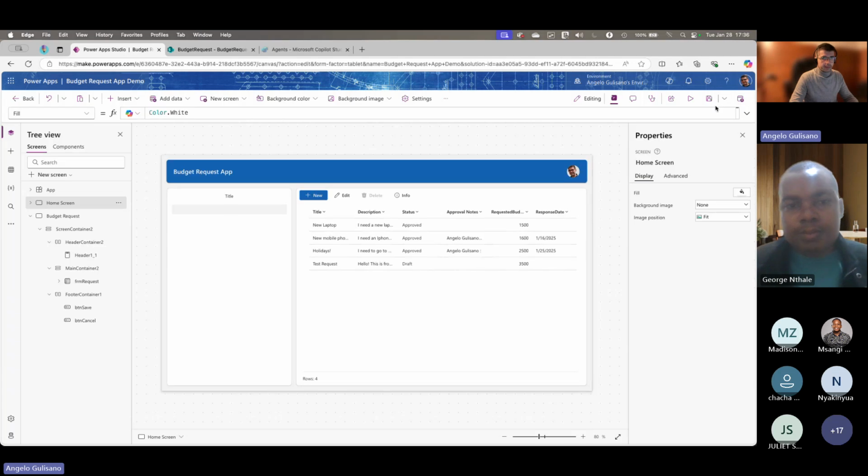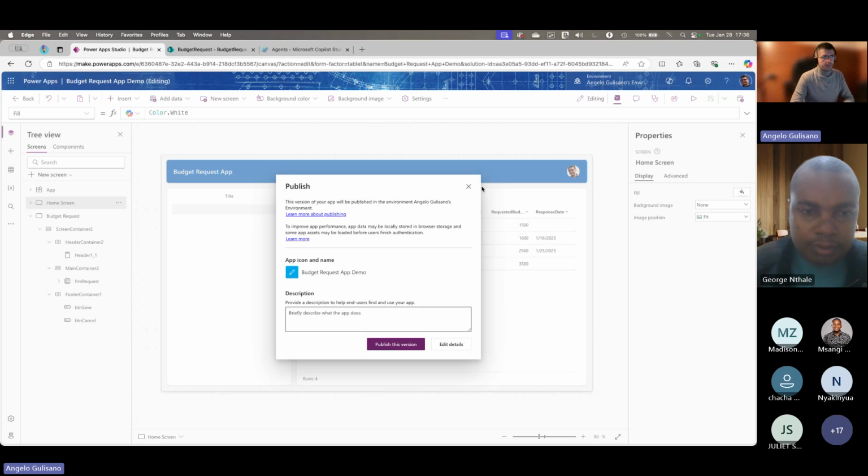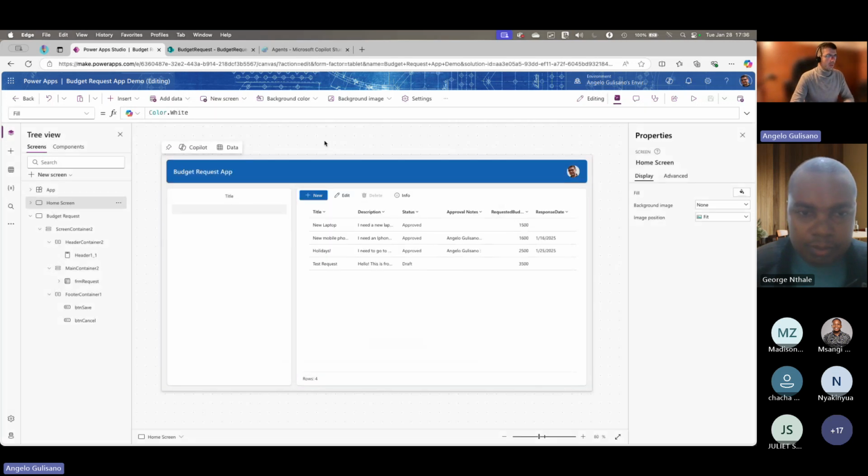This is the first part. It's a really quick approach with Power Platform to build an application like this one. Of course, here we don't have complex logic, etc., but it works.